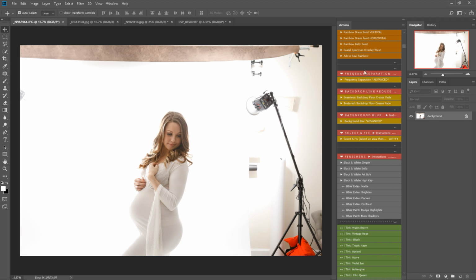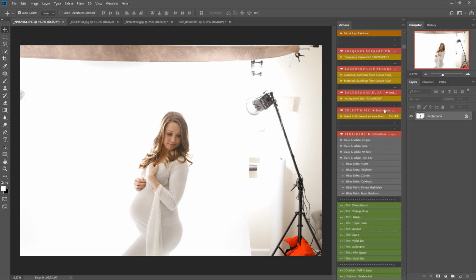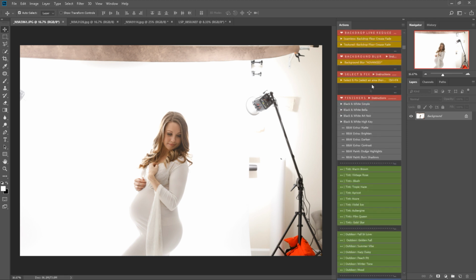I will show you all of these actions in further videos. This is simply the introduction. And the LSP select and fix, this is one of my most famous actions. You can select an area, play the action, and it will remove it. You then have the finishing section. We have 4 different black and white actions, and then all these extra options to completely customise the black and